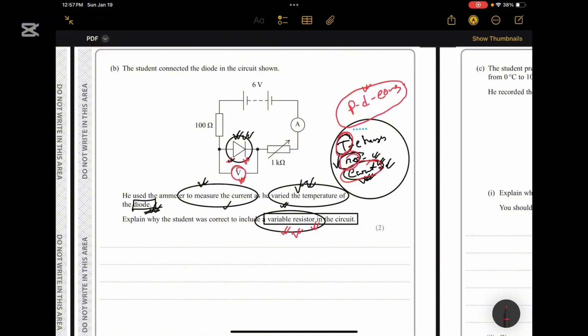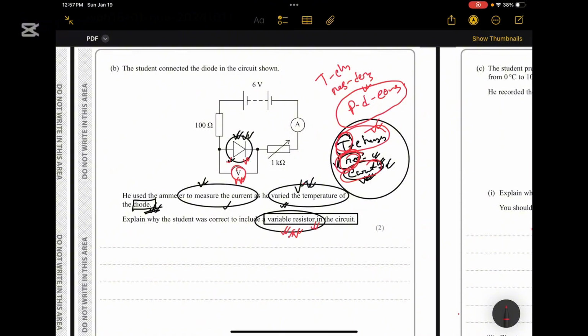But if the variable resistor wasn't there, then the PD across the diode would have changed. But as we have added a variable resistor, when the temperature changes, the resistance will also change, but the PD across the diode will remain constant, which would normally not happen. When the temperature changes, the resistance of the diode decreases,